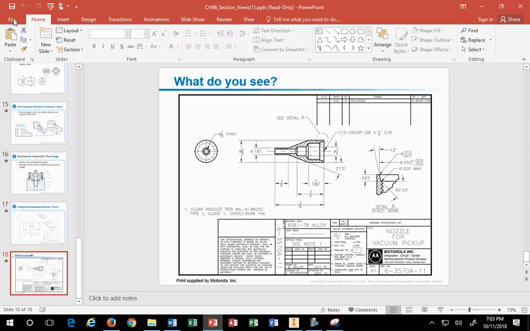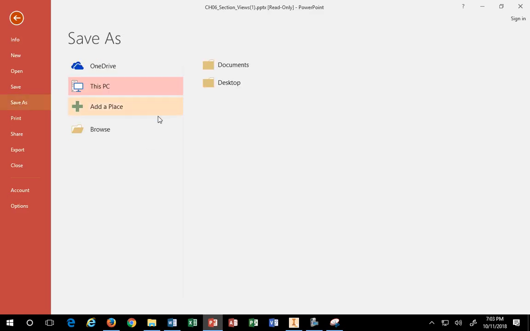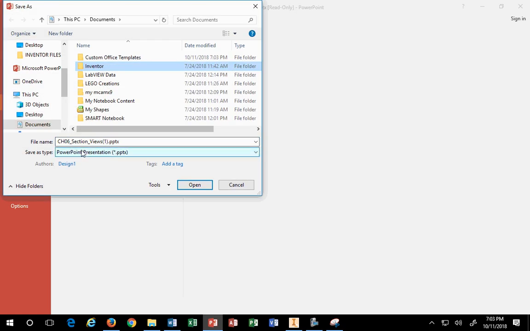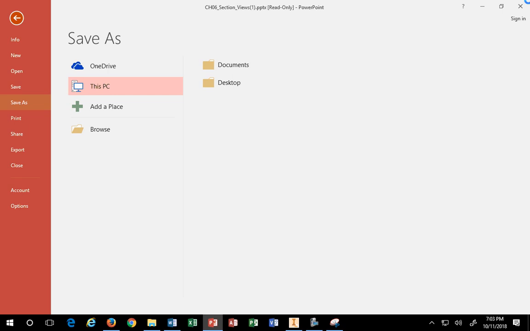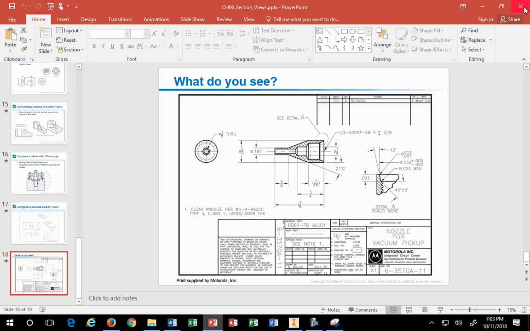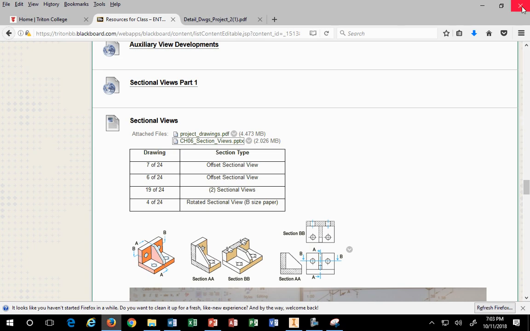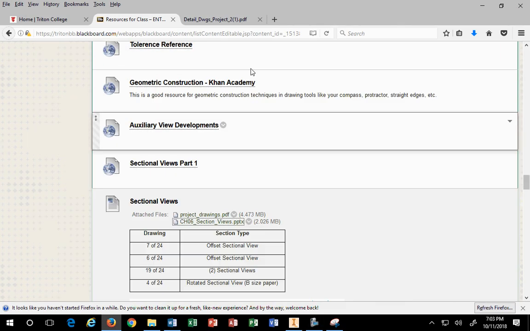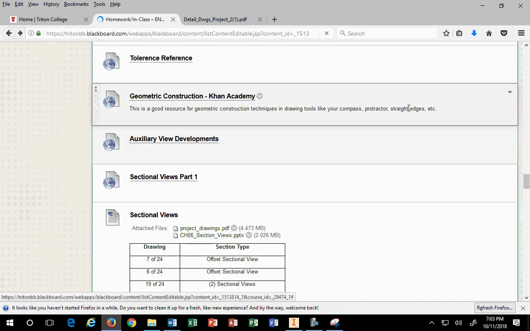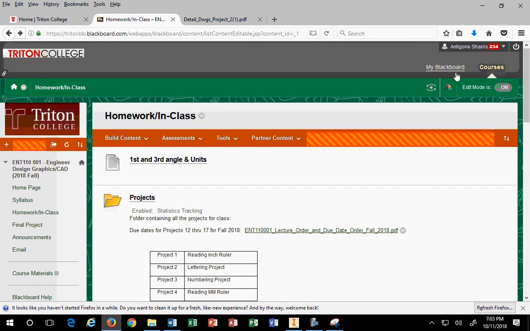I will go ahead and just save this as a reference for you. I'll post it onto Blackboard for you guys, just so you have it. Now, some of you are in the engineering graphics class anyway, so you should have access to it. But for those of you that don't, or you took it last semester, I'll upload it for you guys in your class. So getting back to our class,